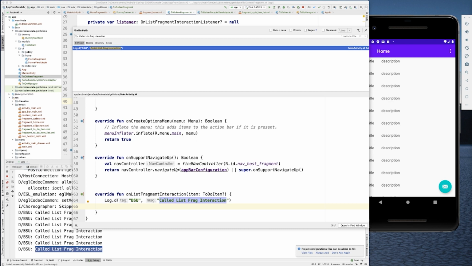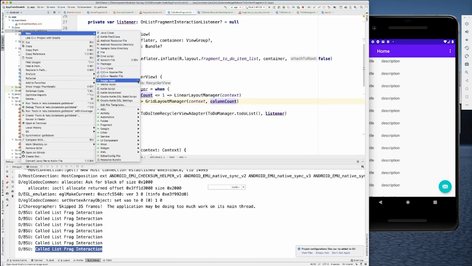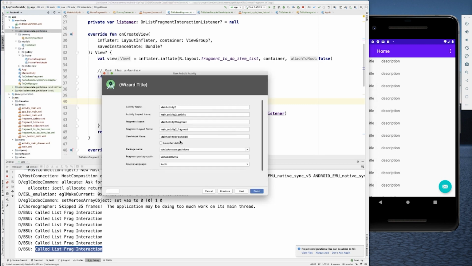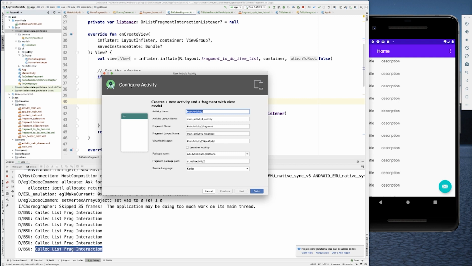So for this one, first we're going to create the activity that we need. Let's click on this, click new. Let's see, activity, and it gives us a whole ton of activities where we can pop this up. What I want to do is create an activity with a fragment, and that fragment has a view controller, or excuse me, that's iOS, a view model that's behind this. It's going to say, hey, you want this to be called main activity? No, I want this to be called to-do